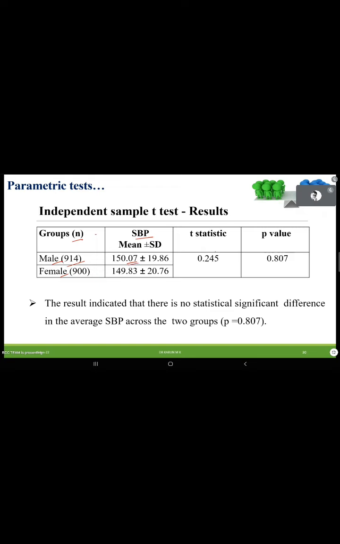And this is optional. If you want, you can keep that also. And the p value. See the p value and tell, whenever p is less than 0.05, reject the null hypothesis. This is the decision rule. Correct? So can you tell, is there any difference or not? What is the null hypothesis? There is no significant difference in the average between males and females. Can we accept or reject?